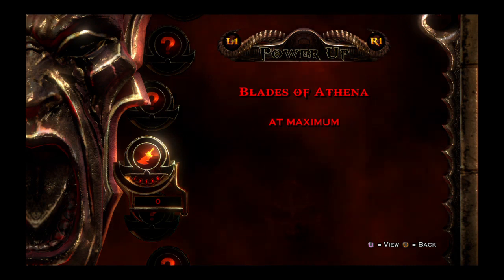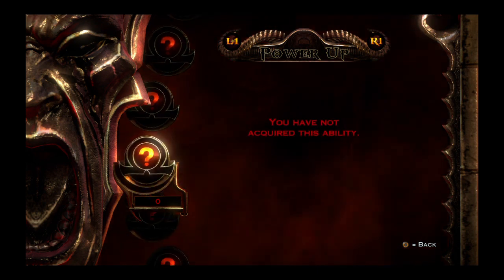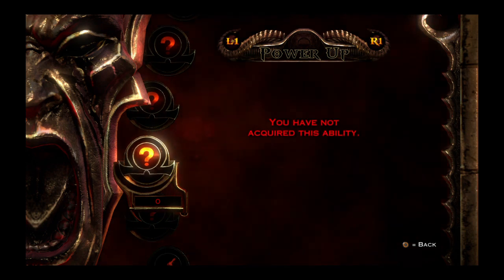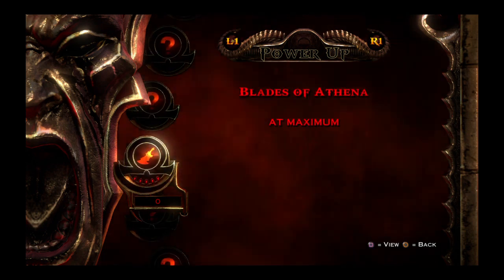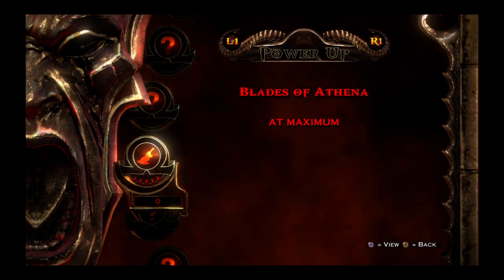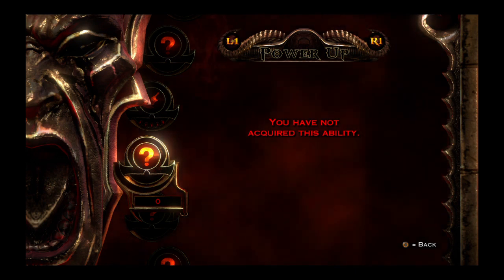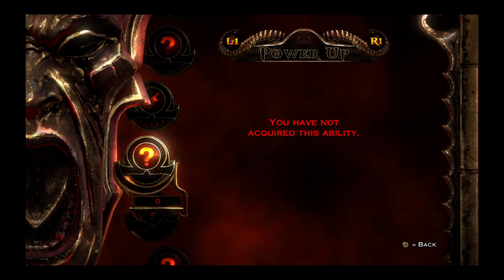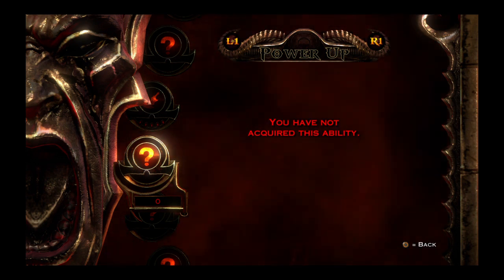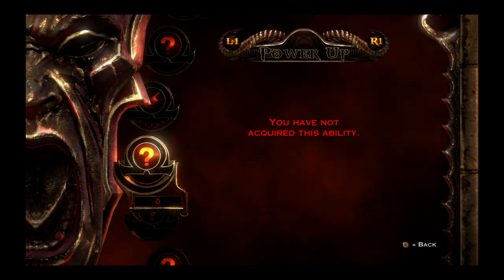It has the different power-up systems which you can upgrade using currency. So as shown here, we have the Blades of Athena at maximum, that's what we start off with, and currently locked items. Every time it switches buttons, there's a sound played. Potentially could be some kind of